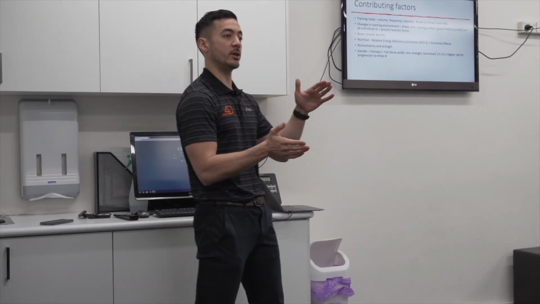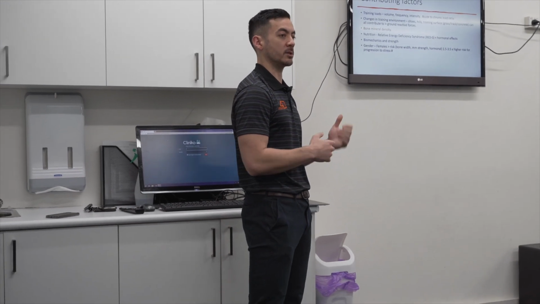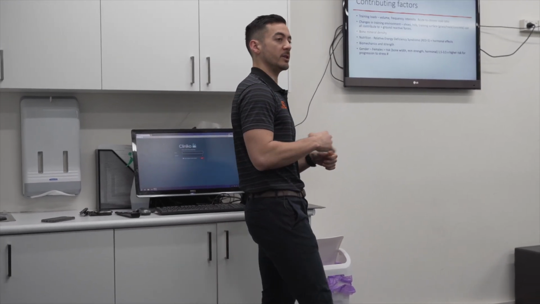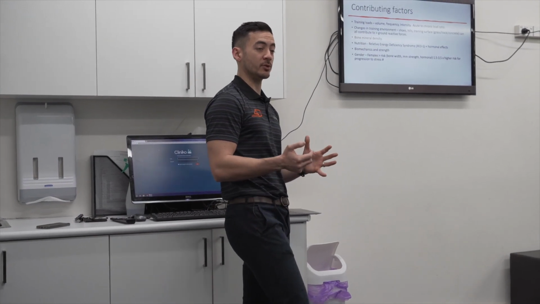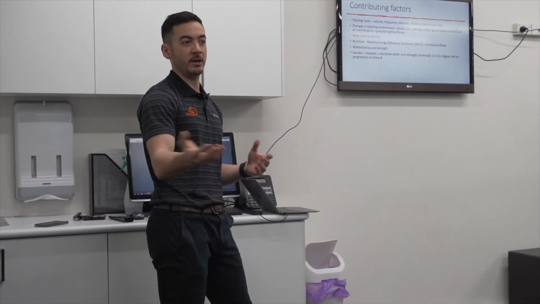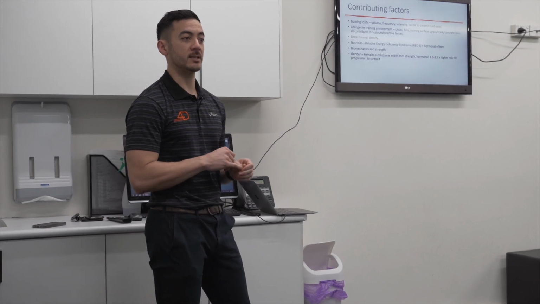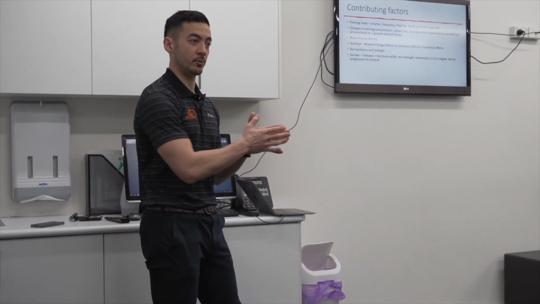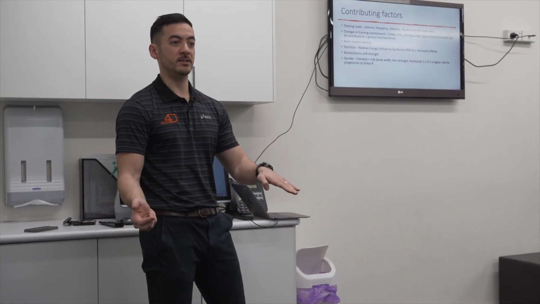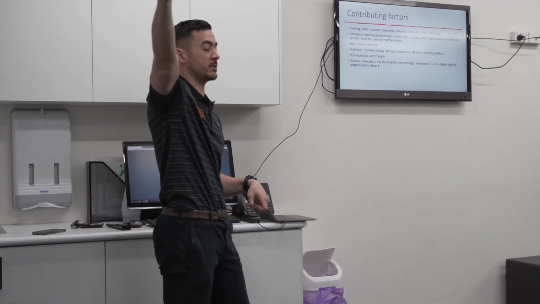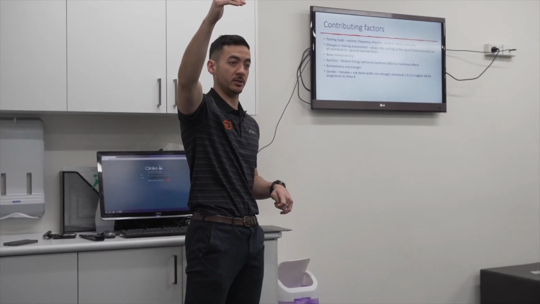If the acute to chronic ratio is too large, we run the risk of having a soft tissue or a musculoskeletal injury. So this is really important when you're working with distance athletes because their chronic volume is super high, right? We've got a runner in the city who ran 217 Ks last week, and he's got to start to ramp down for City to Surf, but he can't go and run 50 Ks this week and then try to kick it back after City to Surf to 200. If he does that, he's going to get injured.